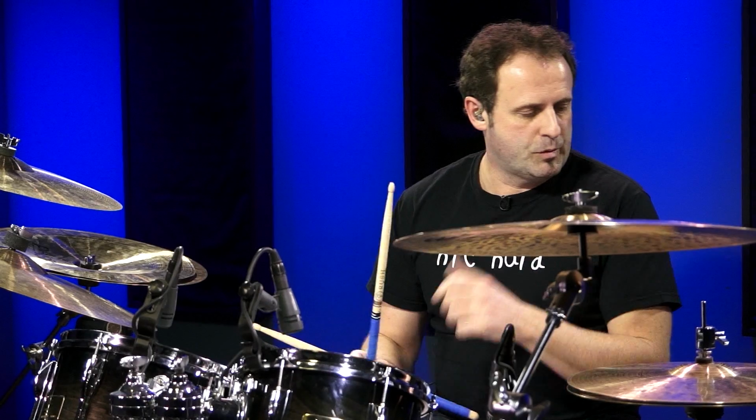So I would definitely start with that before we add the ride cymbal, because what's happening with the ride is we're going to play the ride on the and of 3 and on the and of 4. So let me just show you what's happening at the end of this measure so you kind of get the concept. So it'd be like 1 and 2 and 3 and 4 and 1 and 2 and 3 and 4